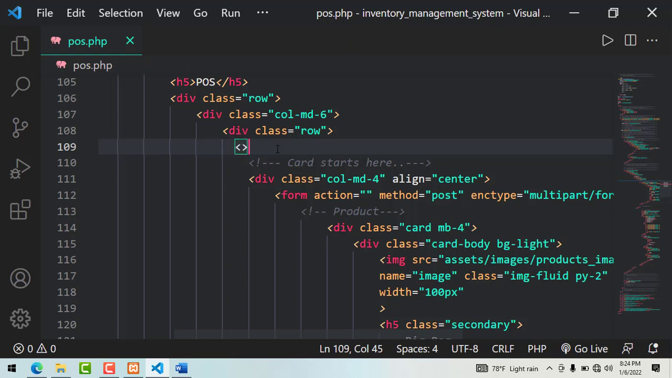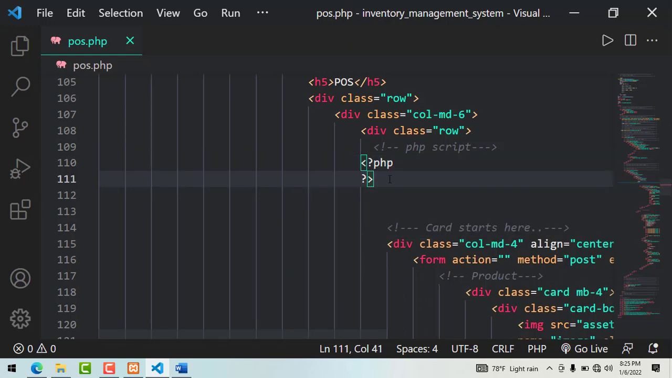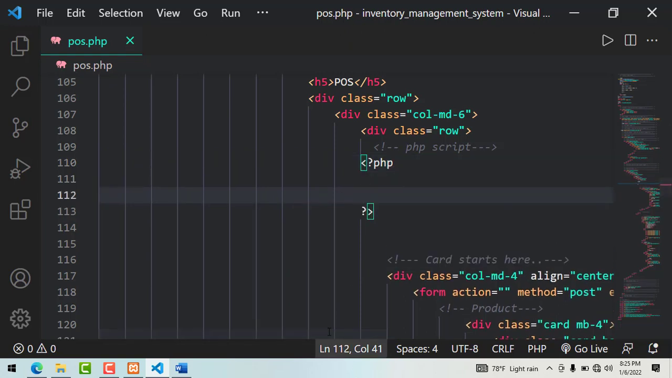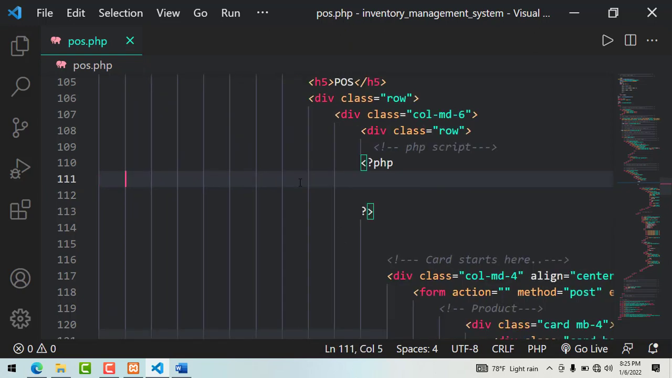First of all, let me have some comments here just to help you guys understand. It's not like we should always have them. So let me come and say PHP script. We're going to have that there, and of course, first of all, we're going to open and close the PHP tag. And now within the PHP tag, the first thing that we want to do inside here is to be able to